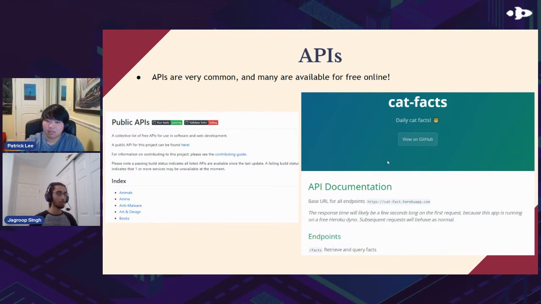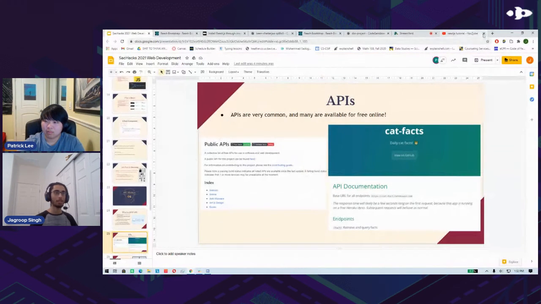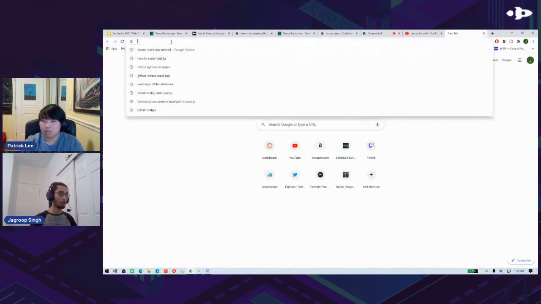I'm not sure, but I found a Git repo online that has a list of thousands of APIs. But if you're trying to look for something specific, you can just Google it. Like suppose,